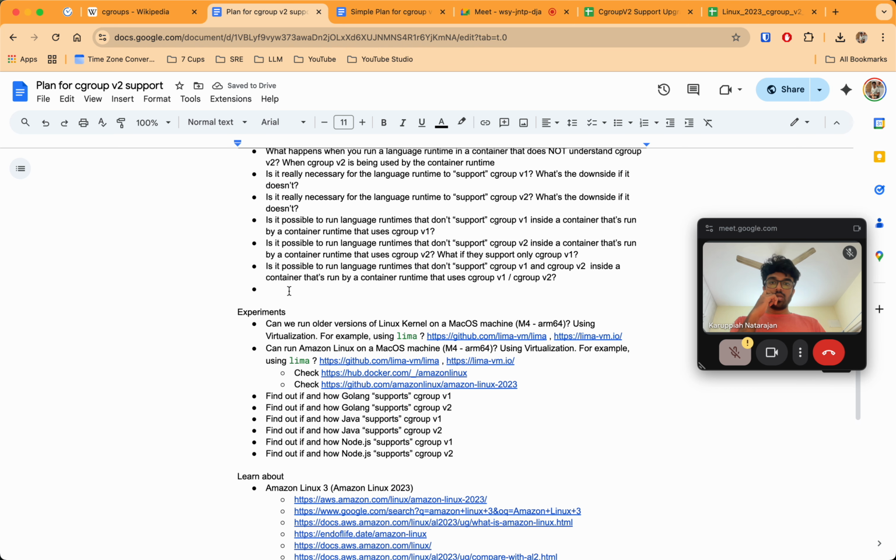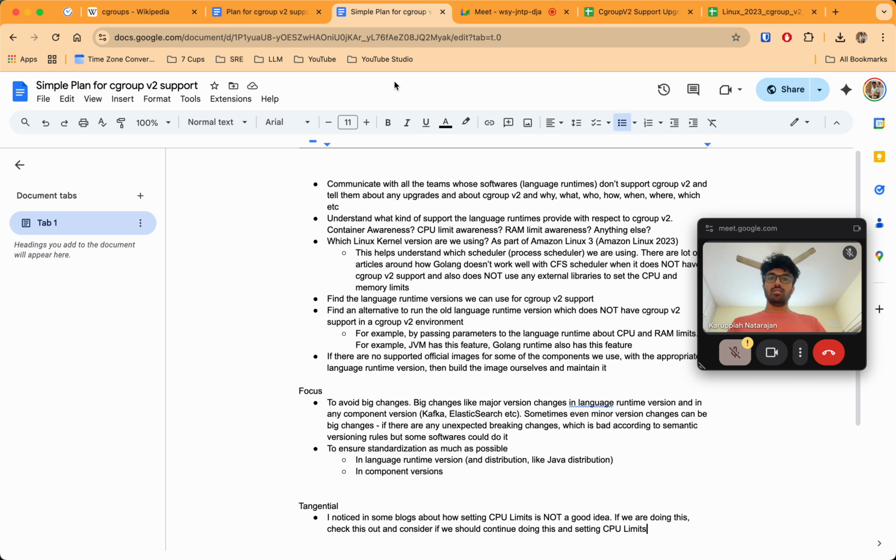Okay. So that's the simple plan. And confirm the versions. I think this is already done by my colleagues, but we'll have to confirm it.